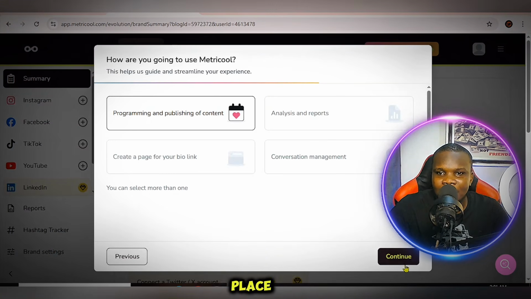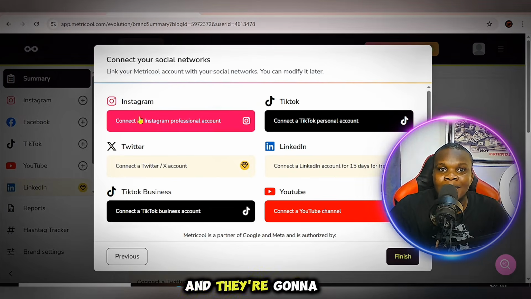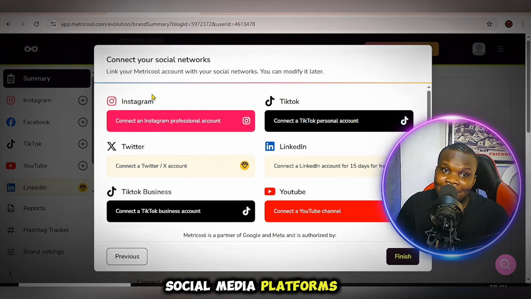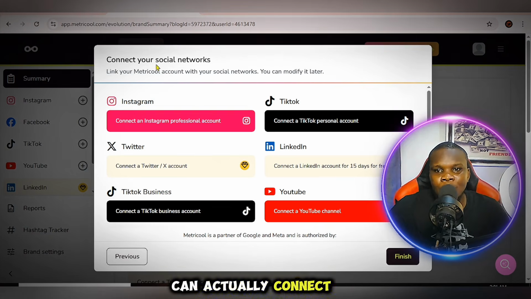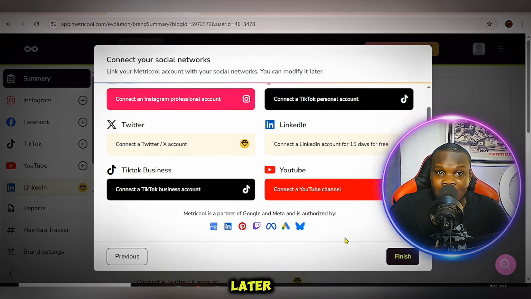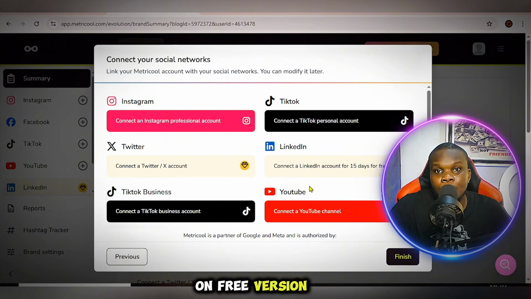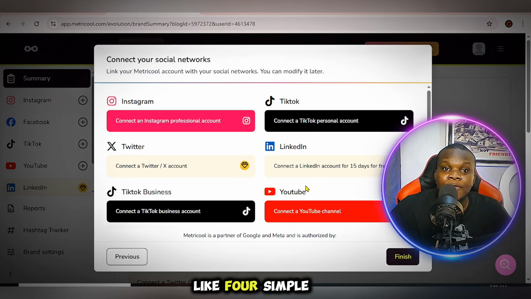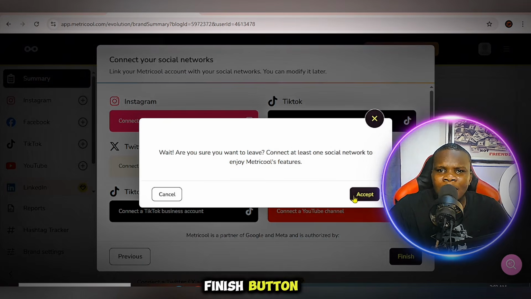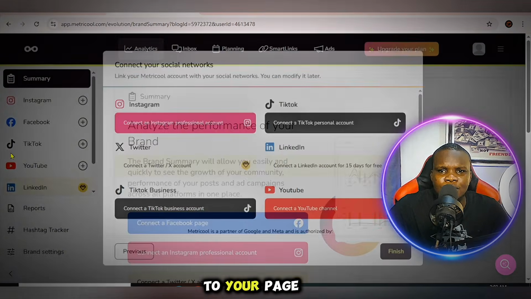Once you have that in place, click on the continue button, and they're going to ask you to connect your social media platforms. You can connect this now or connect it later. Since you're on the free version, most of the social media platforms you need to connect will not be available. So you can decide to connect like 4 simple social media platforms. Then you simply click on the finish button,